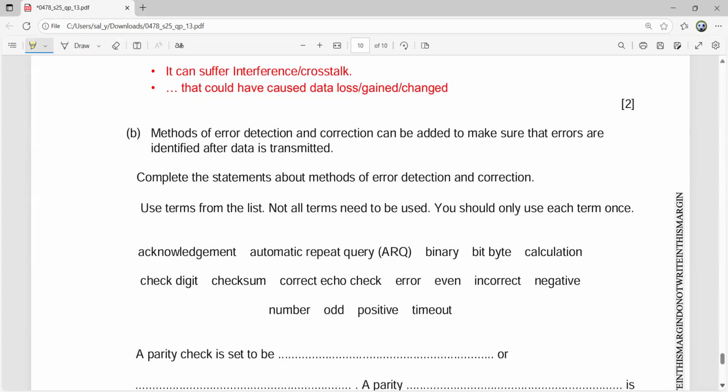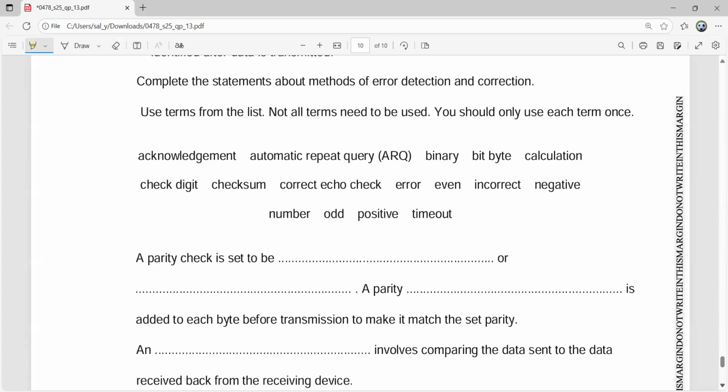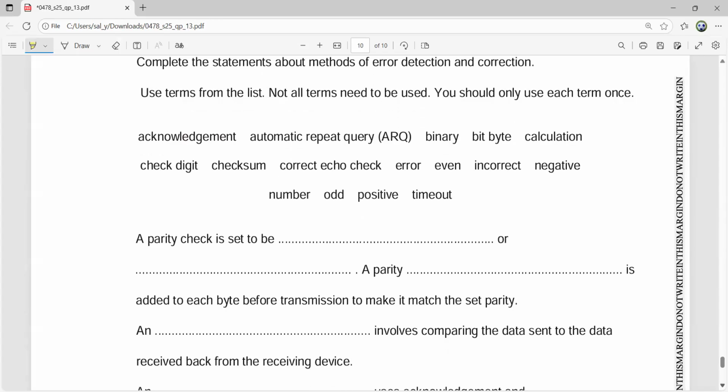Now, these are the terms that are given to us and a few blanks. A parity check is said to be blank or blank. A parity blank is added to each byte before transmission to make it match the set parity. And blank involves comparing the data sent to the data received back from the receiving device.